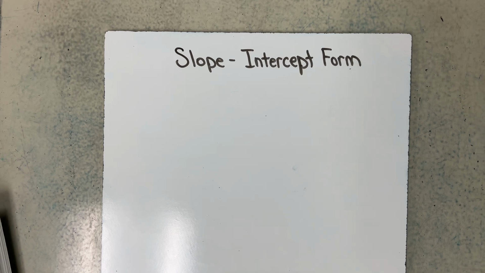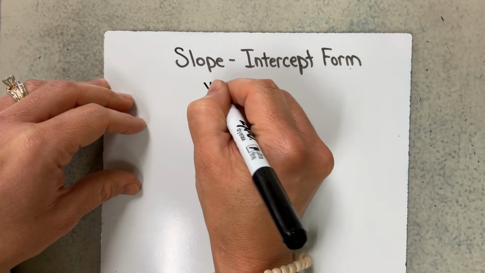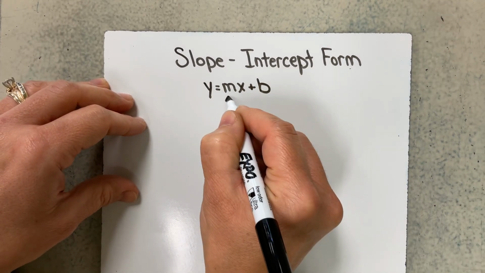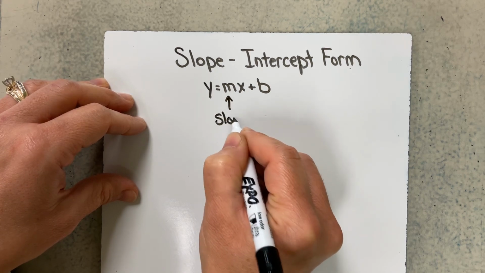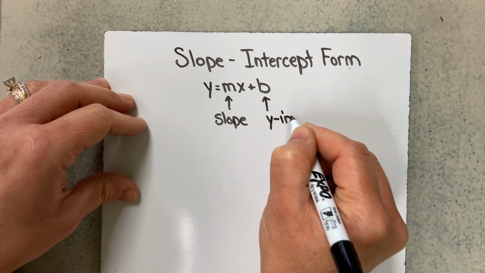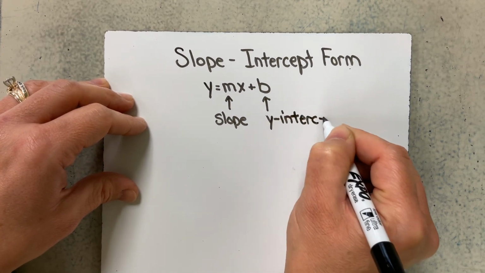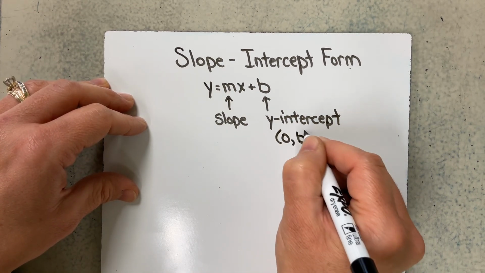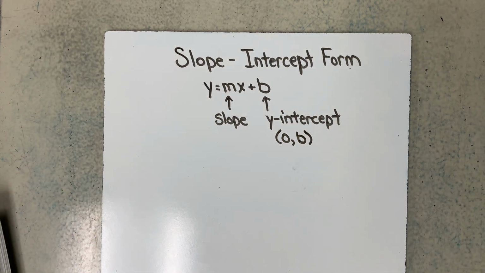Alrighty, this is a video on slope-intercept form. It is another way to graph. It uses the form y equals mx plus b, where m is your slope and b is your y-intercept, which we talked about in the other video. Your y-intercept is found when your x is 0, and then the y number would be your b. Okay. Now, we will talk about slope in a minute, but first we're going to go ahead and graph one